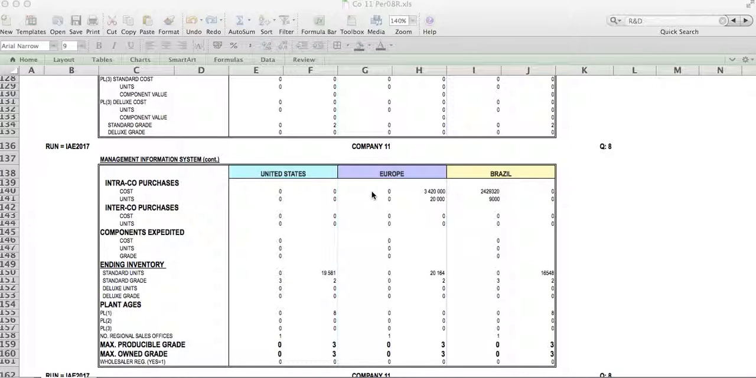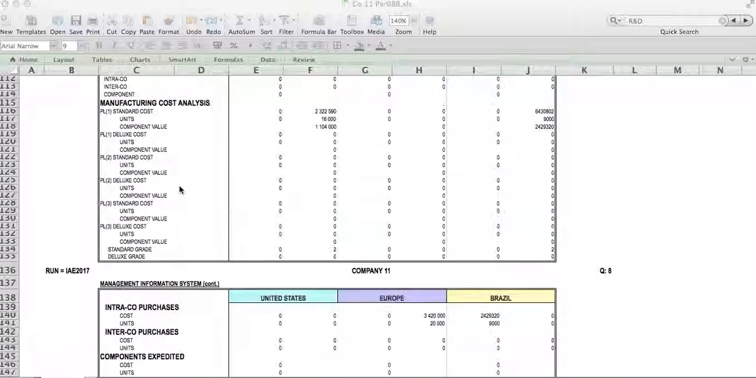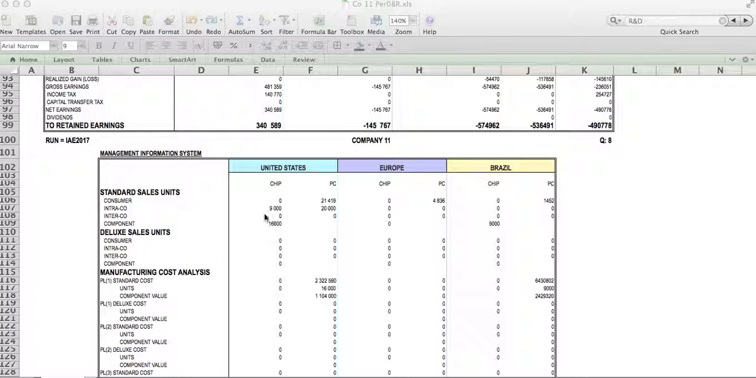Here is now the second tutorial on the MIS report. We now look at the bottom part of the MIS report. It starts with intra-company purchases. So when a company is selling to itself, you may recall that this company had sold 9,000 chips to itself,